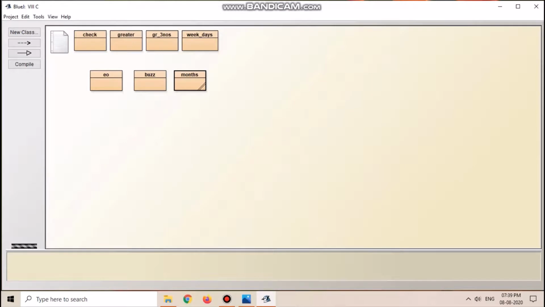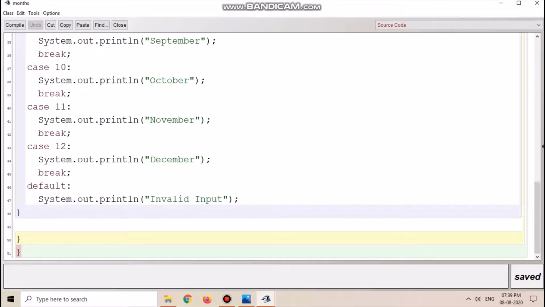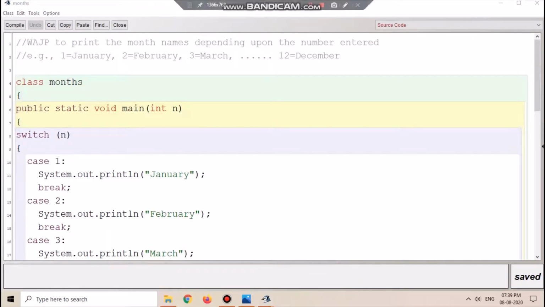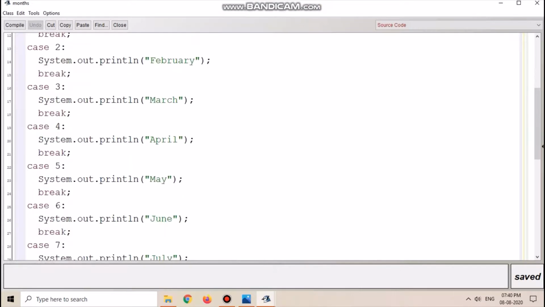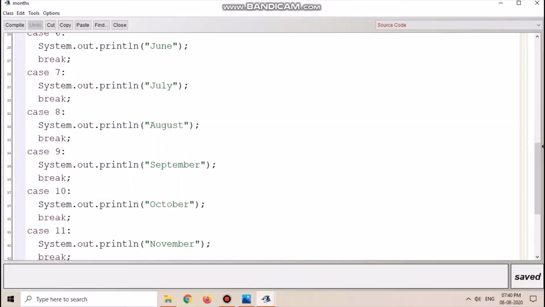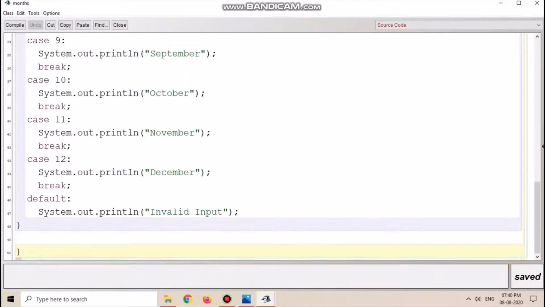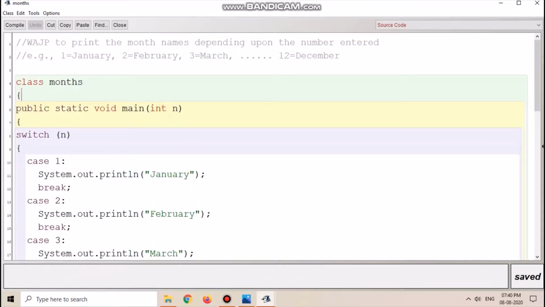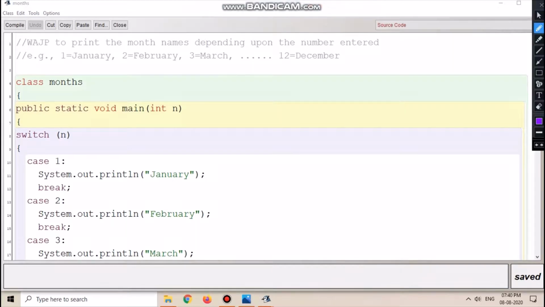Now we'll see the second example. I hope that all of you have seen the full program. Now let us suppose that we have taken the value of n as 11.